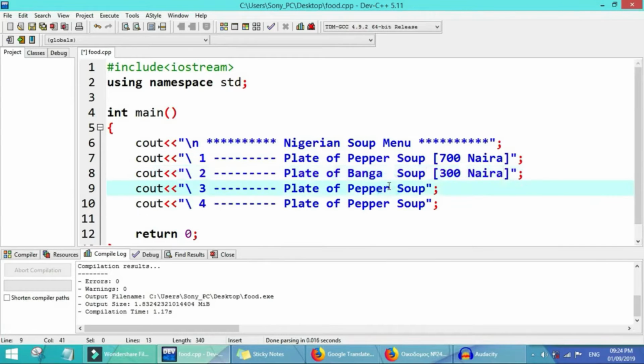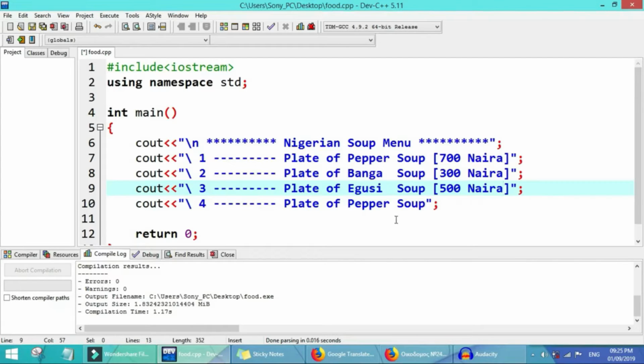Okay, the next one we say egusi soup. For egusi soup, which price we give our egusi soup? We say 500 naira.